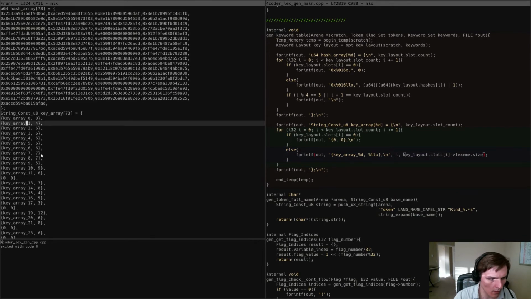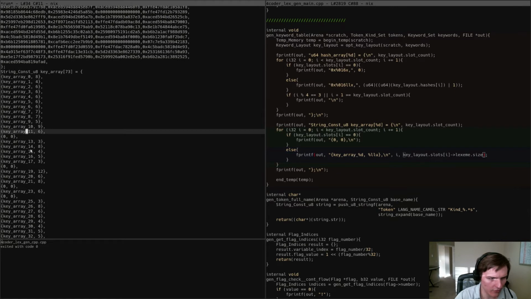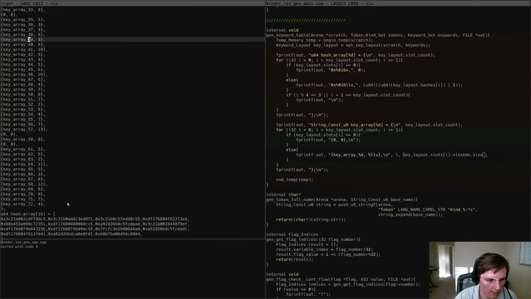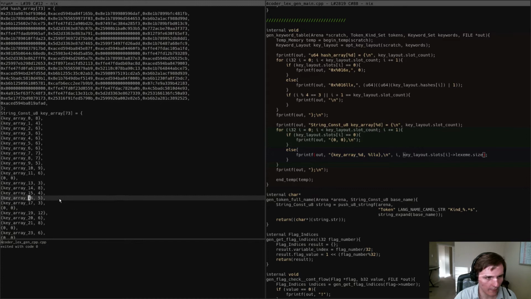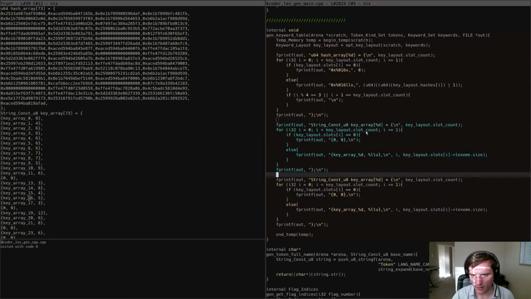So here we go. What is this key array 0, 1, 2, 3, 4, 5, 6, 7, 8, 9, 10, 11, 13, 14, 15, 16, 17, 19, 20, 21, 23, 25? What are those? I just made those up. What are they actually, right? Well, they're going to have to be U8 pointers. And so what we're going to have to do is, before we do this,